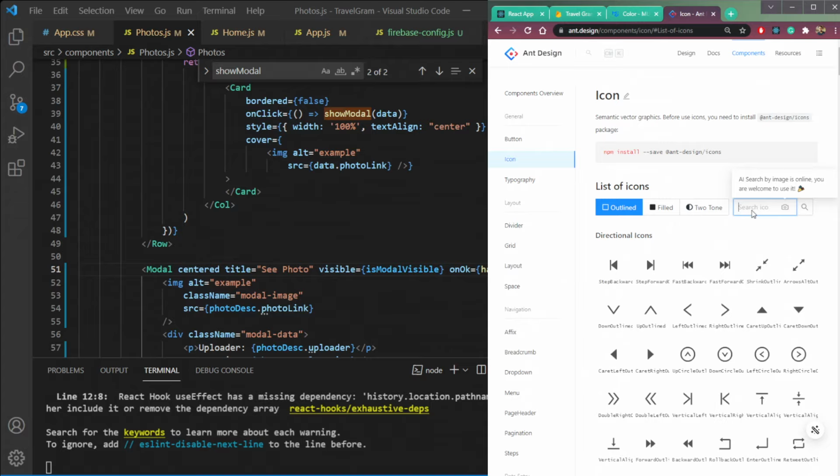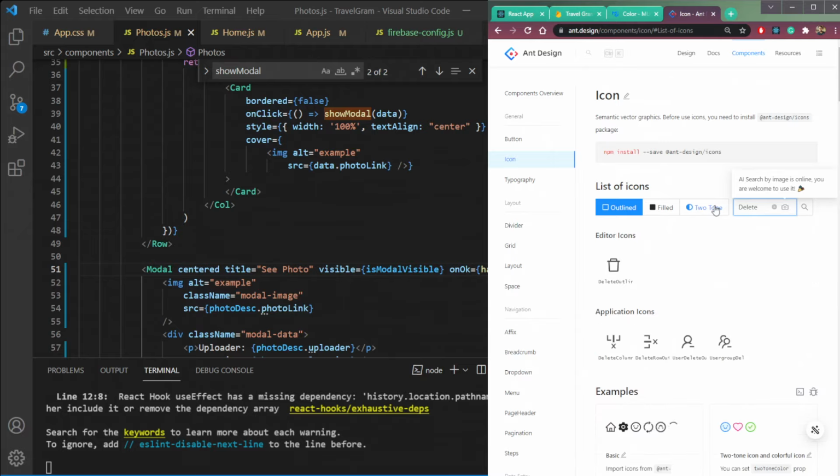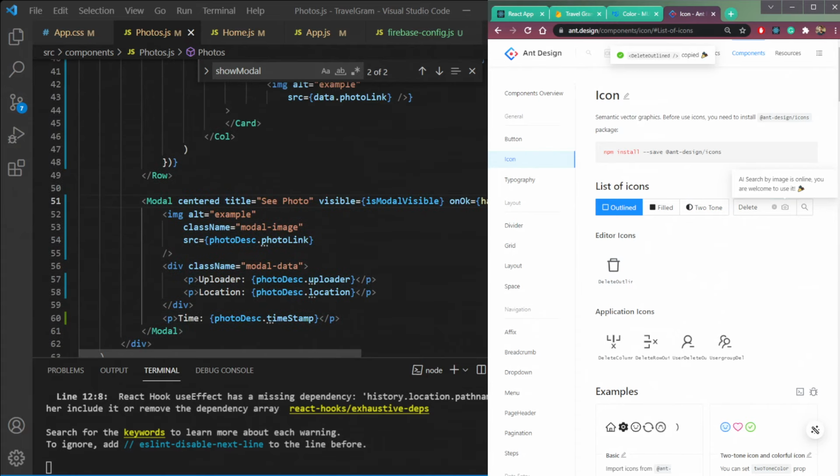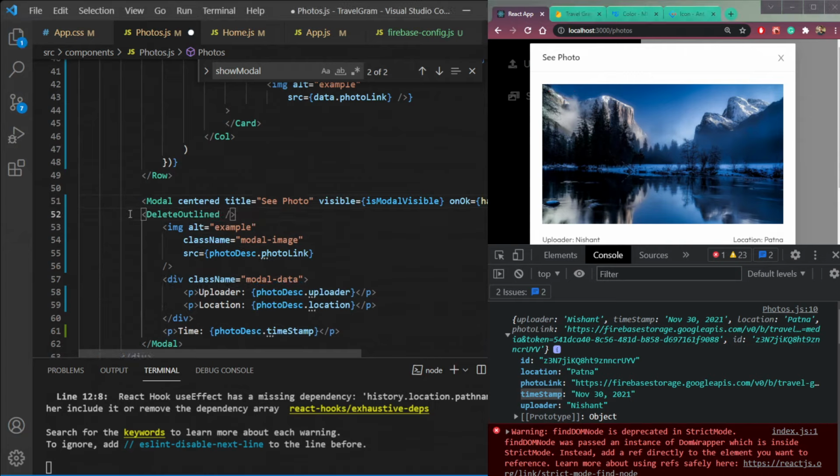So we need the trash icon. Okay, trash. So there is no icon of trash here. So let's try delete. So okay, we have this delete icon here. So it has been copied. So let's place it after this image. Sorry, before this image here.